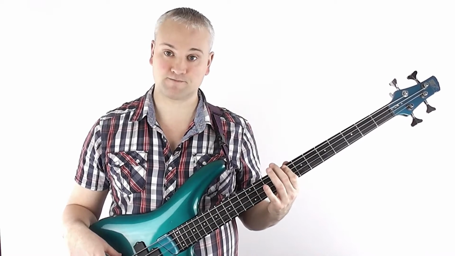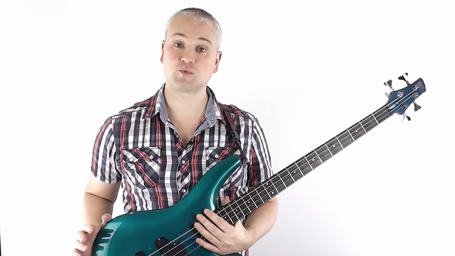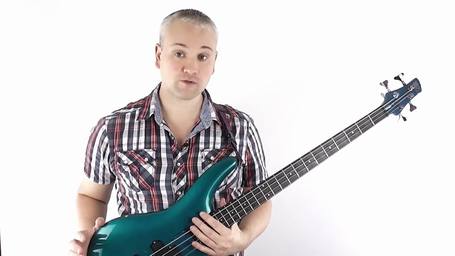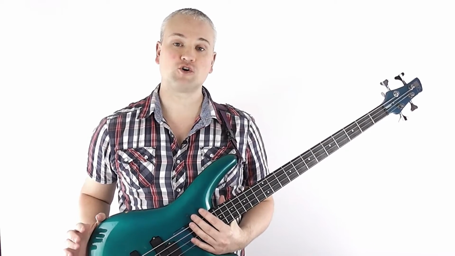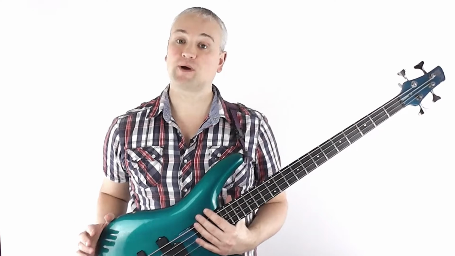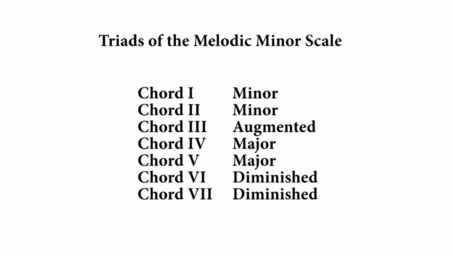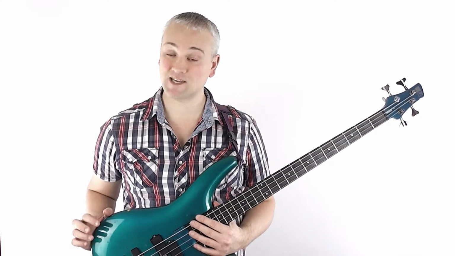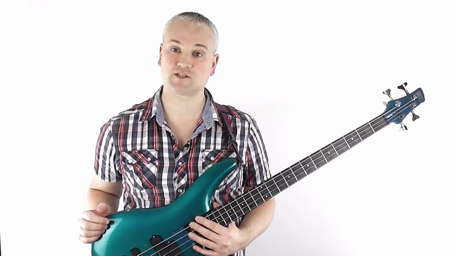C melodic minor. So to save time, because we already by now know how to build chords from the scale, we'll just run through the sequence of chords. So first of all, the triads. So we have chord 1 is minor, chord 2 is minor, chord 3 is augmented, chord 4 is major, chord 5 is major, chord 6 is diminished, and chord 7 is diminished. Okay? So if we run through those arpeggios in C minor, so using the C melodic minor scale, we get